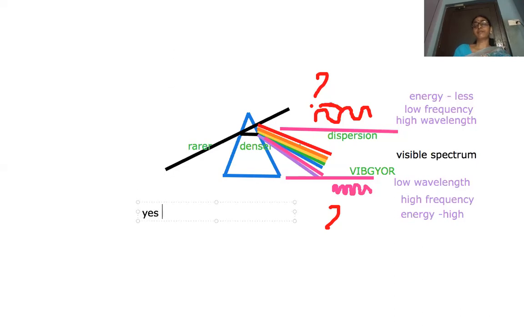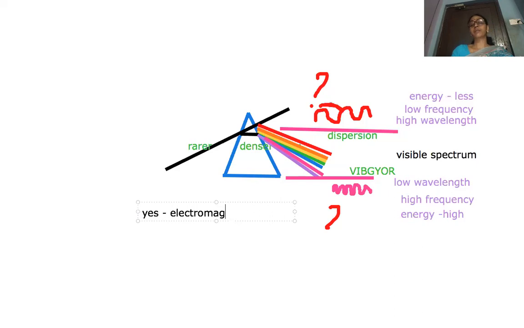We have waves which are below violet and which are above red. So what are these waves and why are we not able to see them? These are the invisible radiations which are produced, and these also travel in the form of transverse waves. So this visible spectrum along with the waves which are above and below violet and red, we call them as